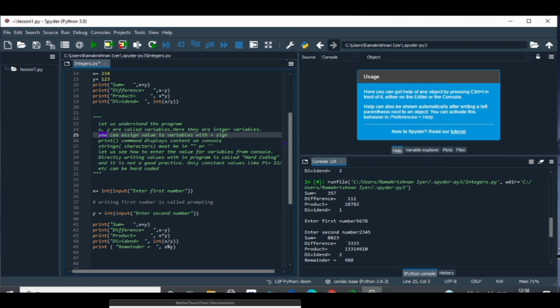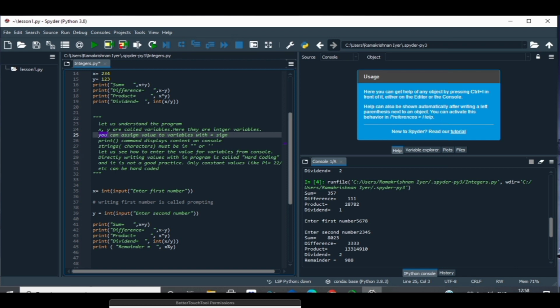Normally when you write a program, you really don't hard code the values. That means in the variables you don't write the values, rather you input through the console, and that is the second part of it. Anything you write within 3 inverted commas is treated as a comment. It's always good to write comments in the program so that when you read a program later, you will know what you have done. Or if somebody else is reading the program, he would know what you had written in the program.